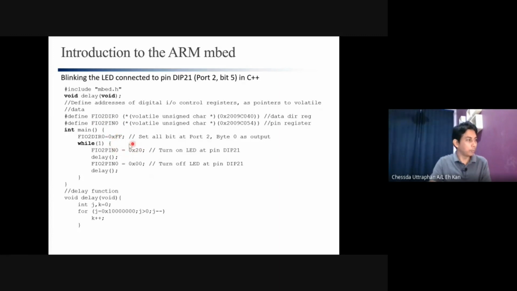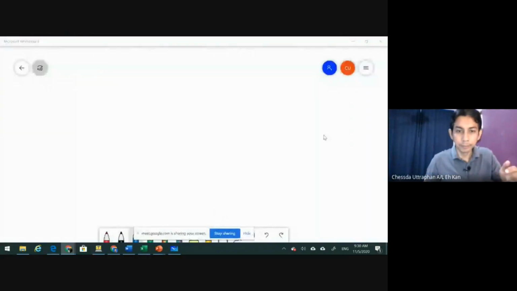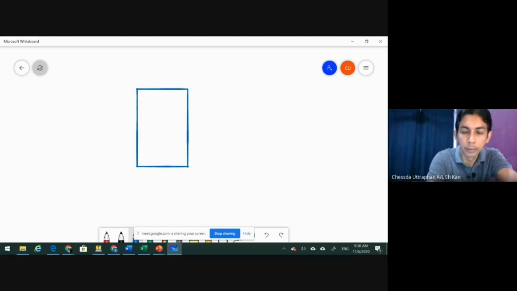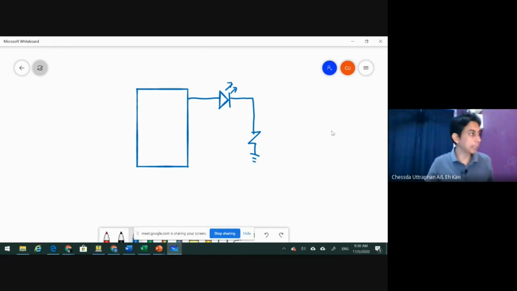All right, but we just connect one LED, in this case, to our microcontroller. Let me draw this on the whiteboard, easier for you to visualize. Okay, let me open the whiteboard. We have our microcontroller here. This one is connected to an LED. So this LED is connected to which pin? Let's go back to the